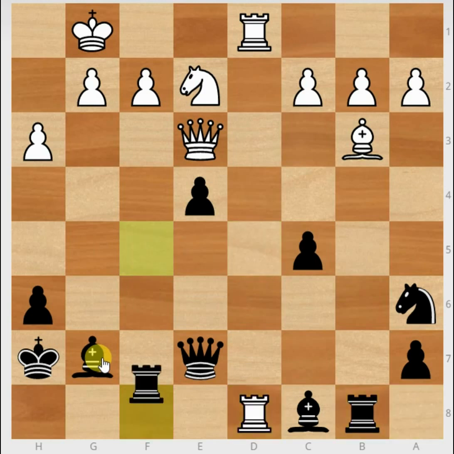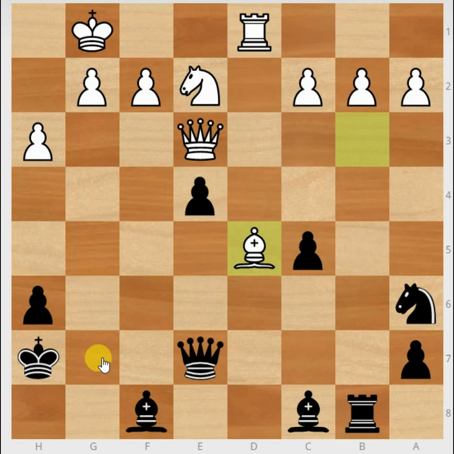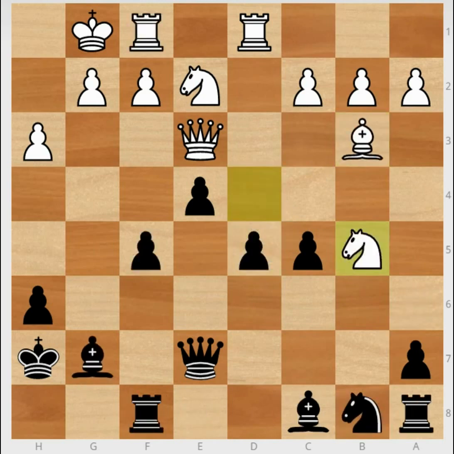Sorry, this. So there are a few variations here. I don't want to bother you with them. These are just Stockfish plays, but